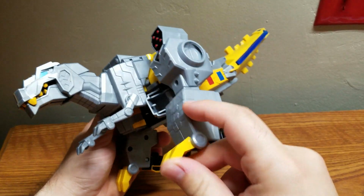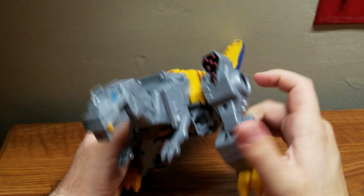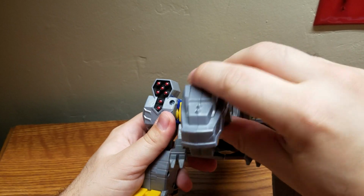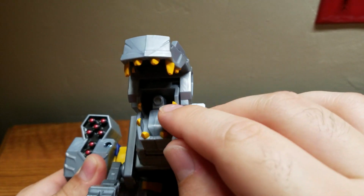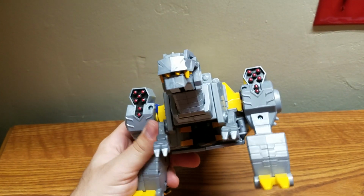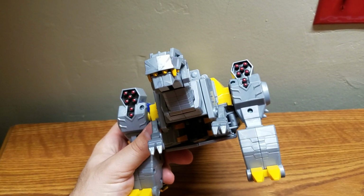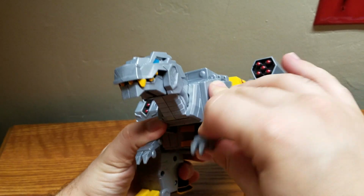And if you want a little bit of up and down on his claws and the back claw as well, but that's more for transformation. The head can go up and down. The jaw can open up to reveal, looks like a laser, or at least I'm imagining that's a laser on top of his tongue, which it might be. These are robotic dinosaur warriors. And then his little T-Rex arms,